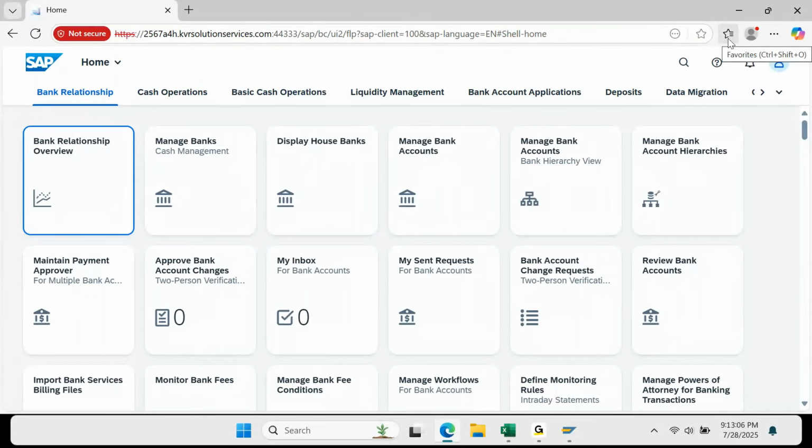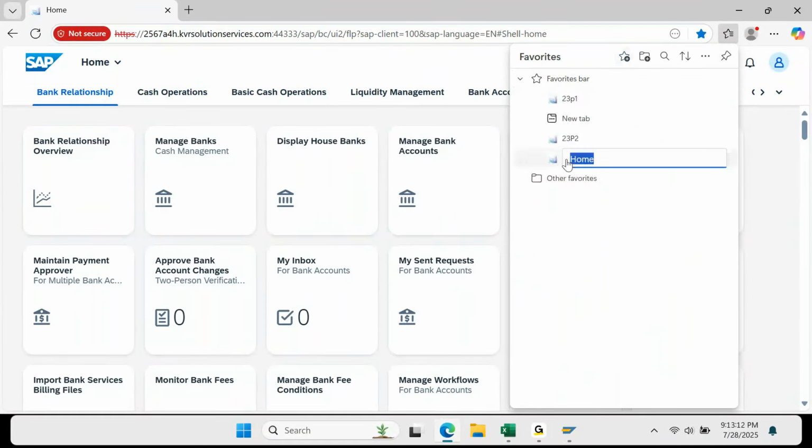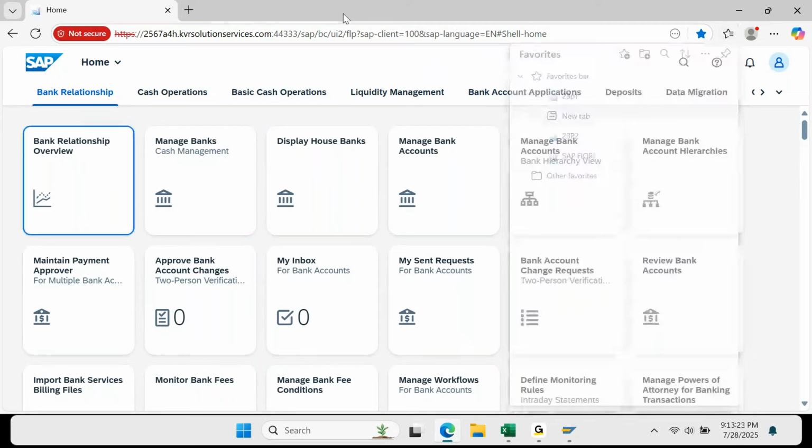I will click on favorite, then I'll click on add this page to favorites. Let's put the name SAP Fiori, and enter. And then if I open one more browser,